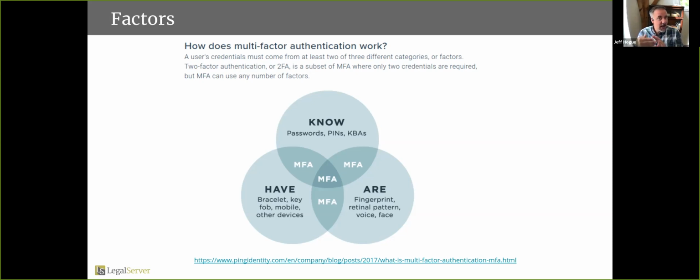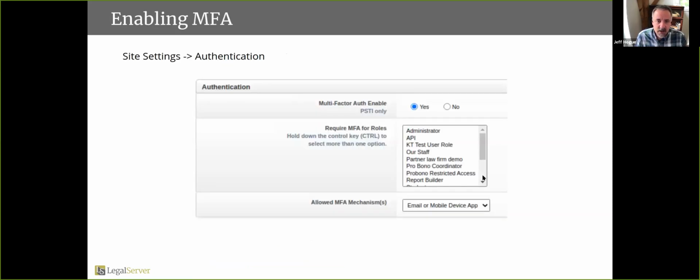However, another thing you can have is a mobile phone, and the mobile phone can have an app on it that does the same kind of thing. And then there's things that you know, so passwords and that sort of thing. I want to go back because I think I sort of misstated this the first time. I think the app authentication that we do have, which is one of the ways you can do authentication, does fall into the things you have category. But we don't have one of those little things that's just a hardware device.